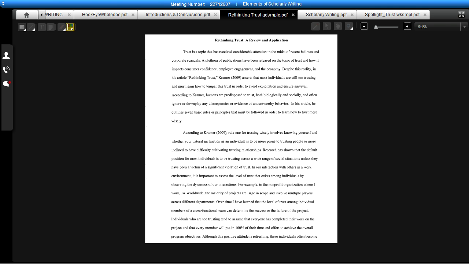Over time, I have learned that the level of trust among individual members of a cross-functional team can determine the success or the failure of the project. Individuals who are too trusting tend to assume that everyone has completed their work on their project and that every member will put 100% of their time and effort to achieve the overall program objectives. Although this positive attitude is refreshing, these individuals often become